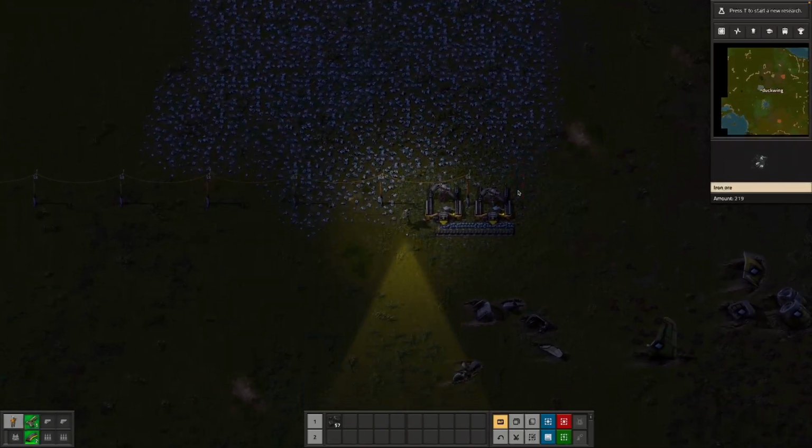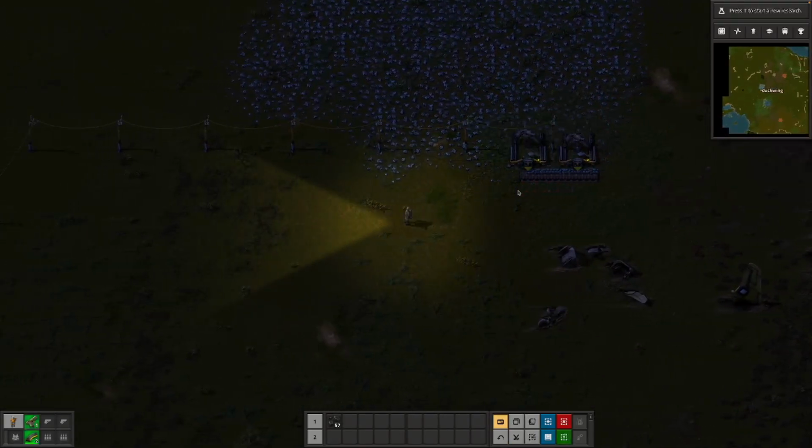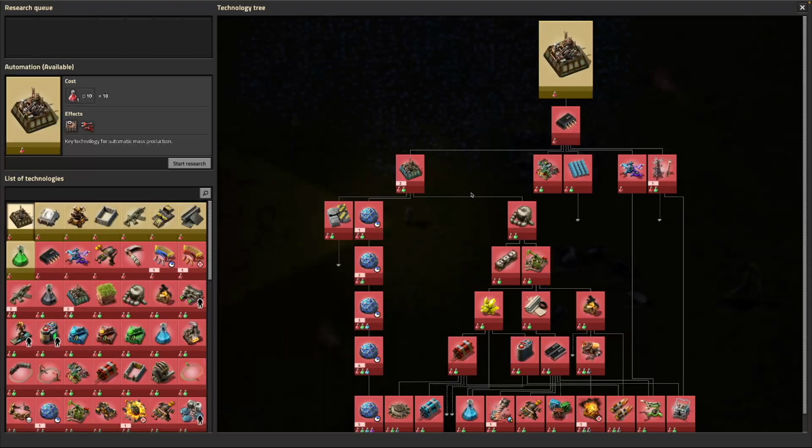And two is, what do we need for our research centers? So I'm going to hit T, which is here. Press T to start a new research. Either I click this button or hit T. I click the button. No, I actually hit T. Anyway, the first thing that we have to research